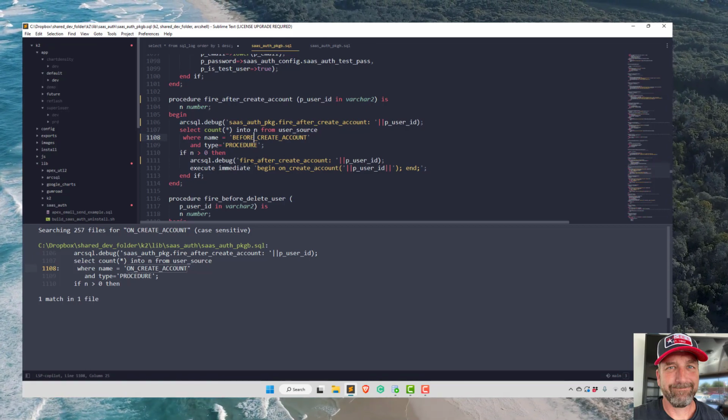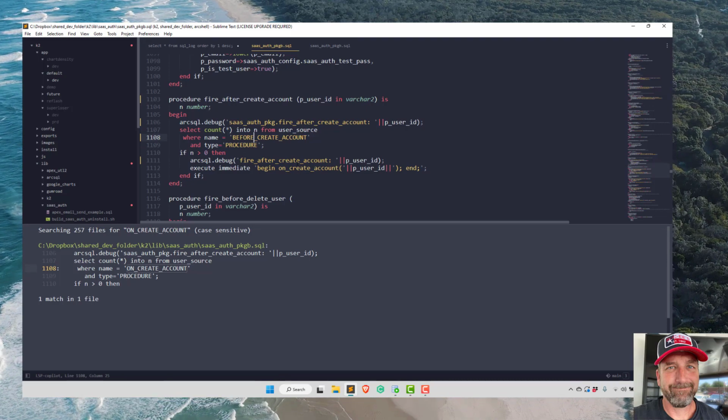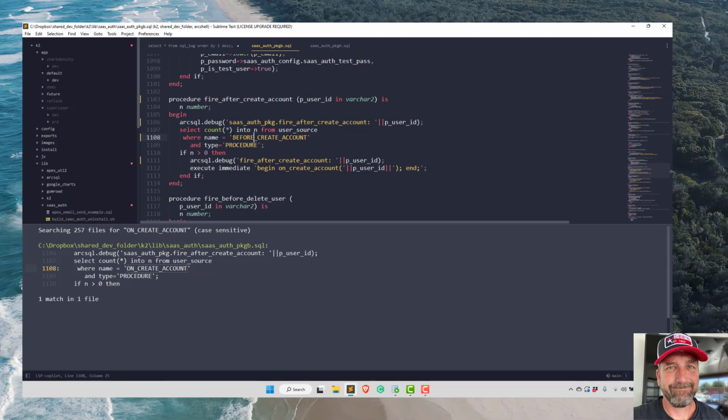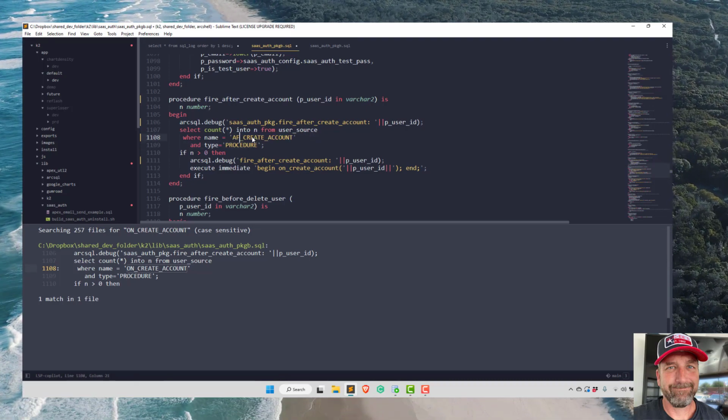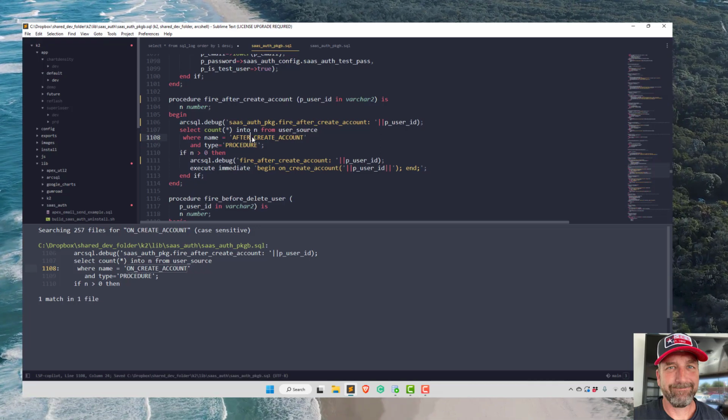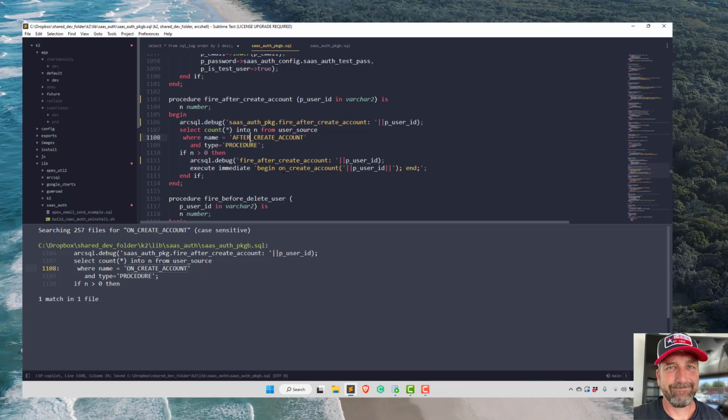Args equal to after, if n equals 0, then after create account. Oh yeah, this is after. What am I talking about? That's how bugs get introduced, after, okay. And then